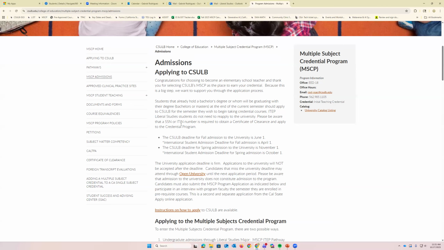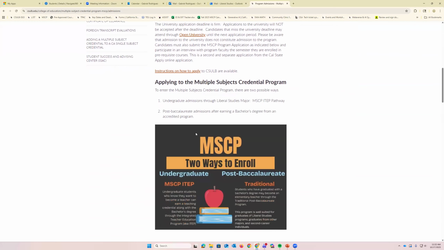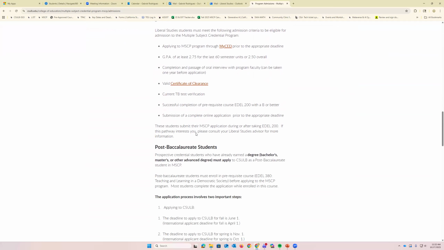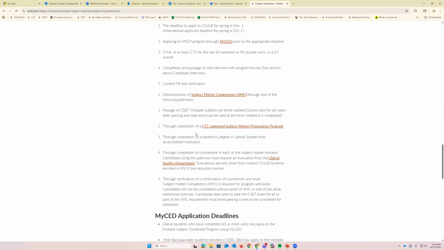Again, if you're ITEP, you are submitting this application by the end of the term you complete 90 units. If you're a transfer student, that is typically by the end of your second semester. So liberal studies transfer students are supposed to submit the MSCP application by the end of their second semester. So this is the MSCP application. Scroll down